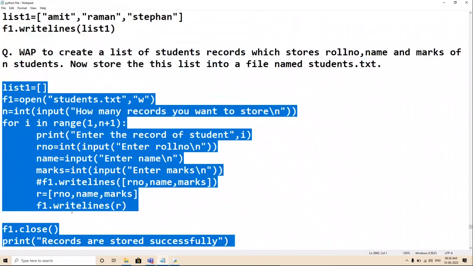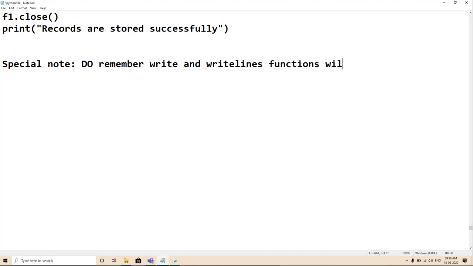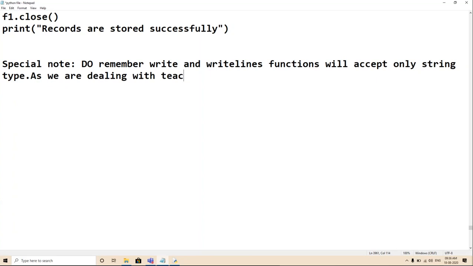Fine. Now let me write one special note. Special note. Do remember, write and writelines functions will accept only string type as we are dealing with text files.